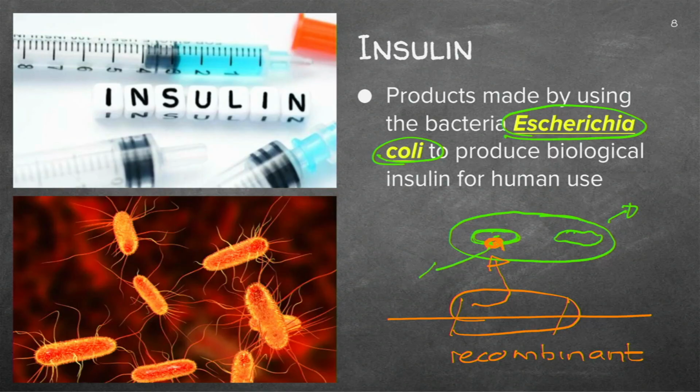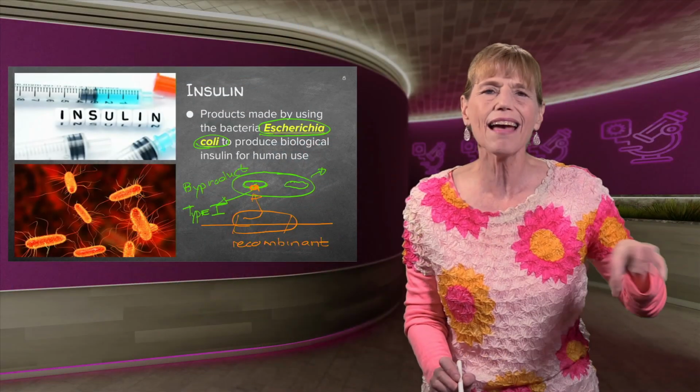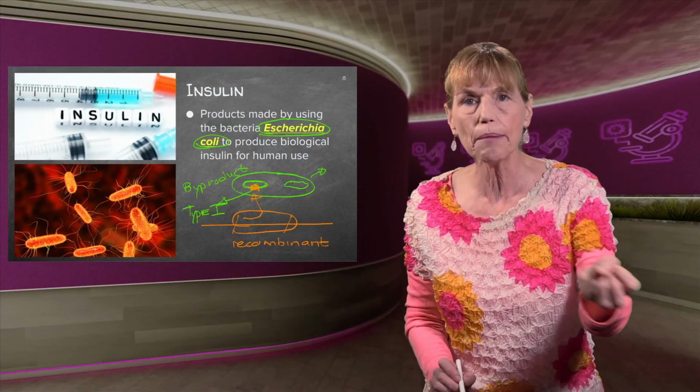And it releases the insulin. And then the humans, your lab people, collect the insulin and purify the insulin that this one is making as a byproduct. But it's now been sort of manipulated and blackmailed into making us insulin. And that insulin is then given to people who do not have it, normally the type 1 diabetes people. So we have taken a bacteria, turned its DNA on its head, made it literally make insulin as a byproduct.